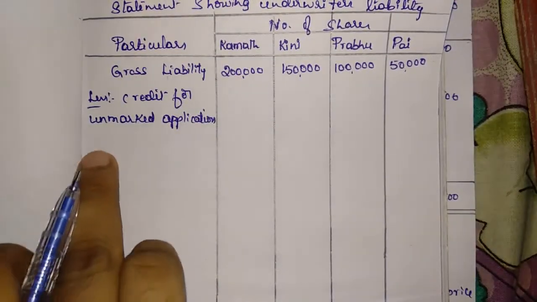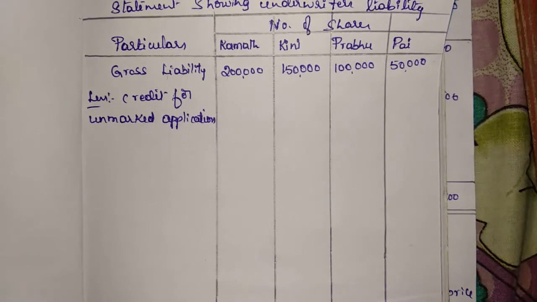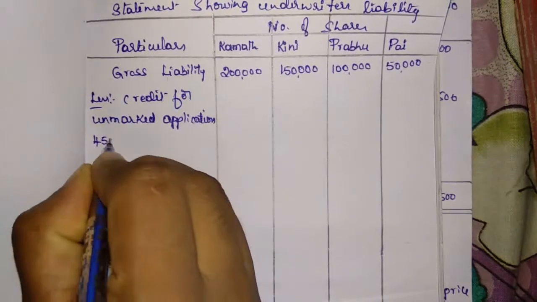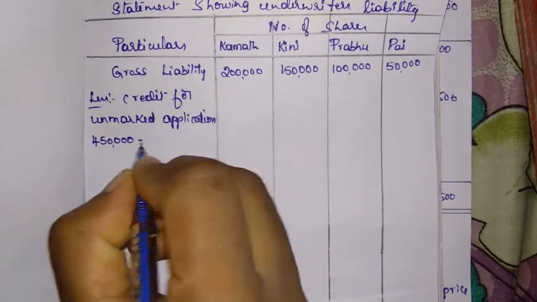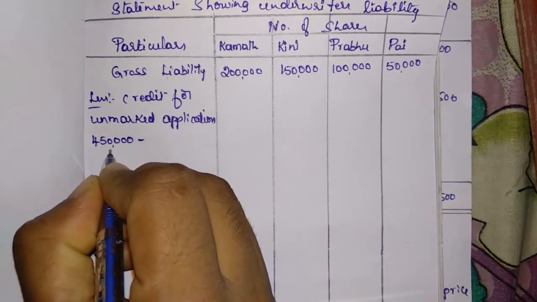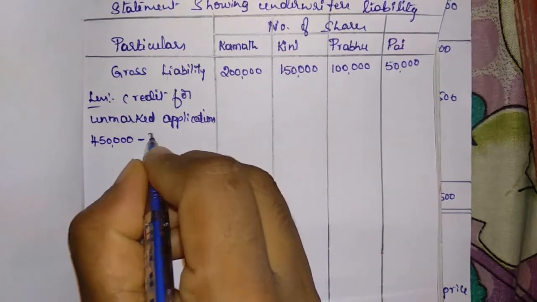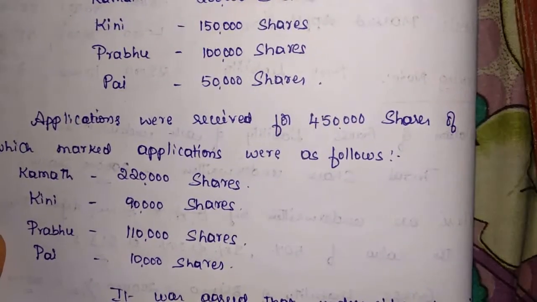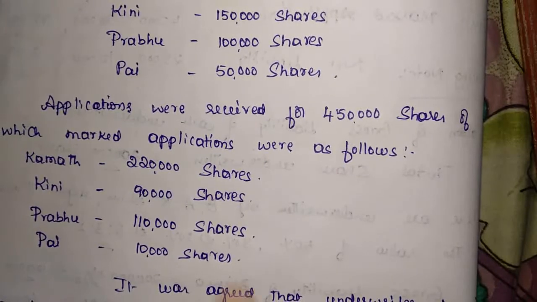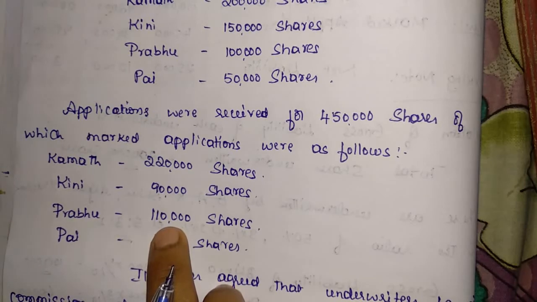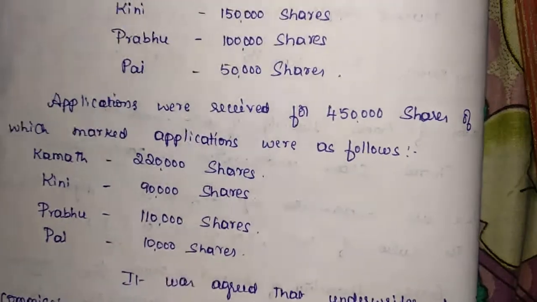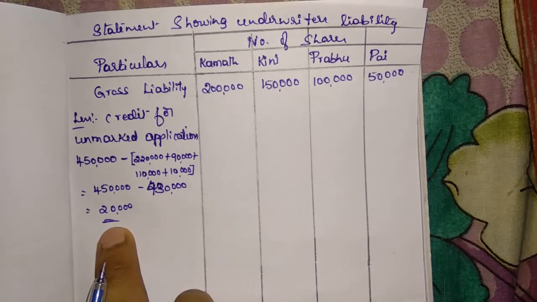How do we calculate unmarked applications? That is total applications received from the public minus marked applications. So from the public, the company receives 4,50,000 applications, and the marked applications are those that bear the stamp of each underwriter: Kamath 2,20,000, Kini 90,000, Prabhu 1,10,000 and Pai 10,000. So unmarked applications are 20,000 shares, and this 20,000